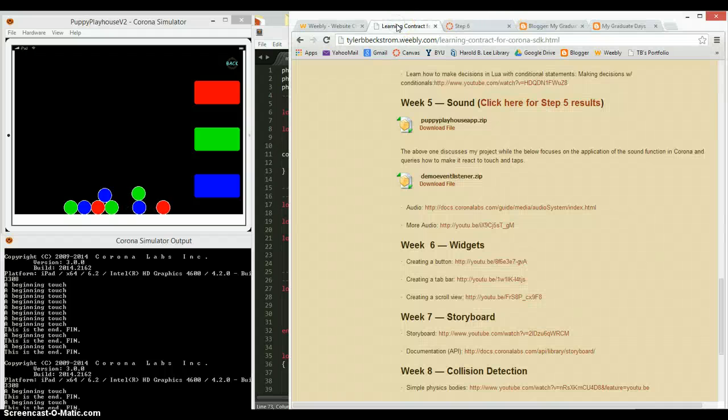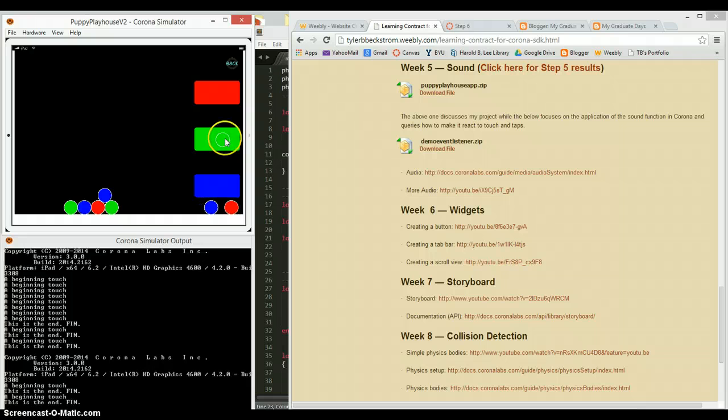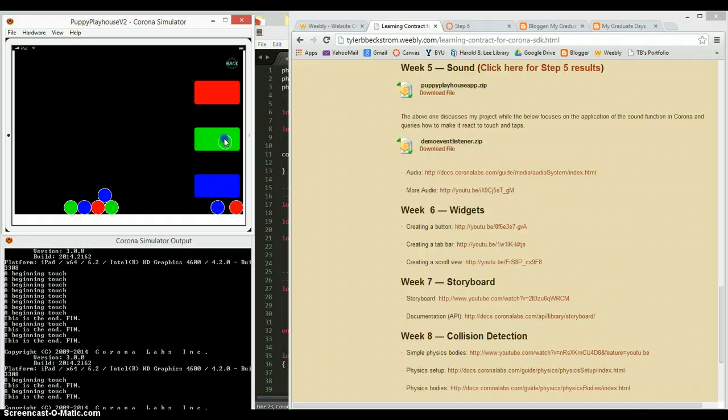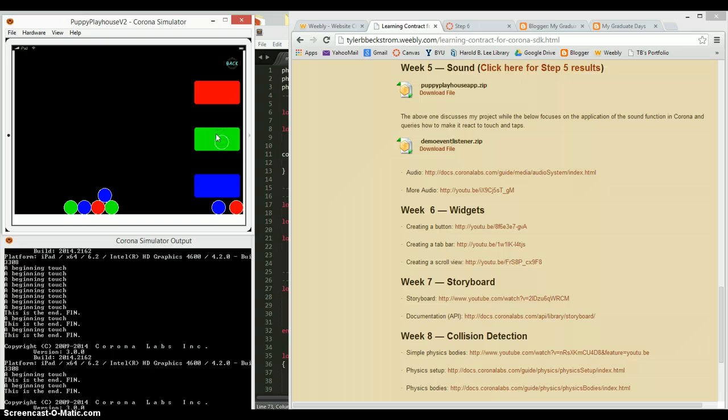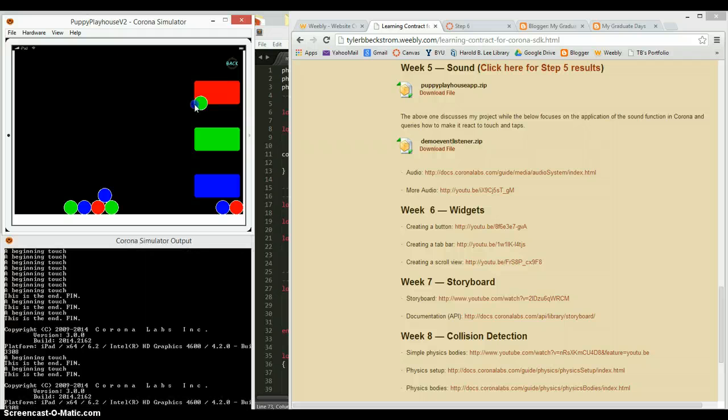Lastly, sorry, I know I'm kind of just running off at the mouth, my learning contract. Next week I'm doing storyboard according to my contract. I would like to ask for permission to move up collision detection, because I want to next have these balls react when they are put on an object. And so when the green ball is put on the green thing, I want it to get destroyed, so to speak, and have this recorded as a correct thing. If it's put on blue or red, which is incorrect, I want it to kind of boom, boom, boom, boom, or something get shot out